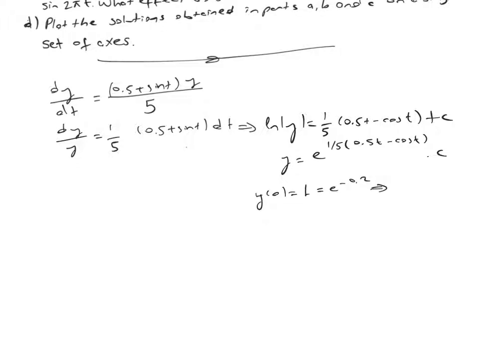And from this equation we will get the constant c as e to the minus 0.2. And we will put this constant c in our equation and we will get the solution as